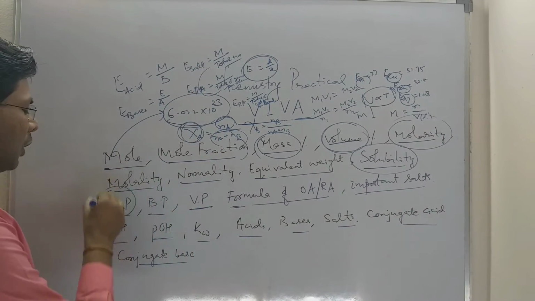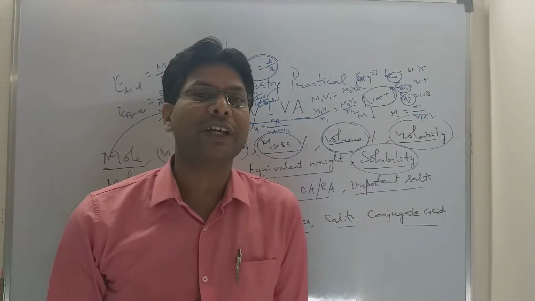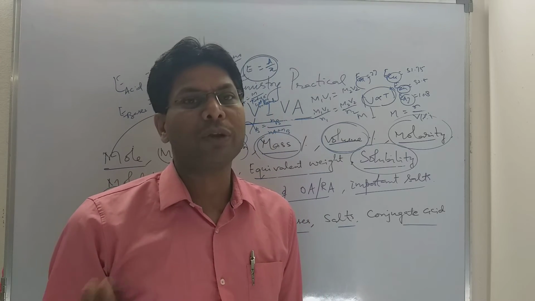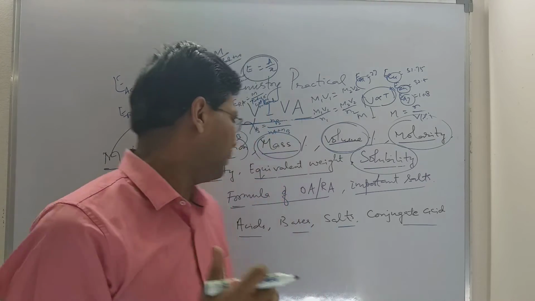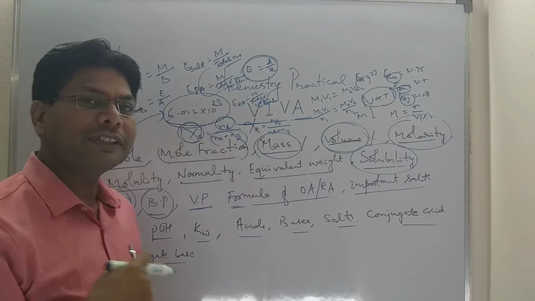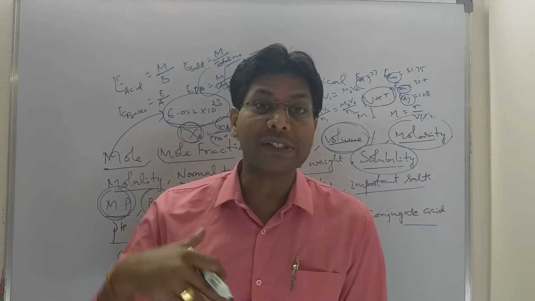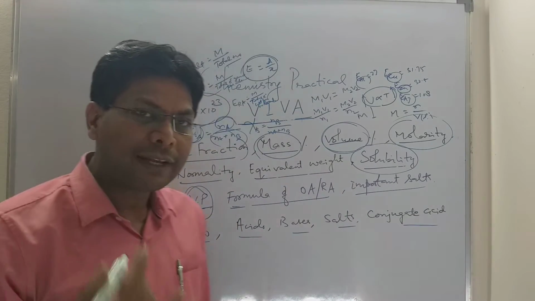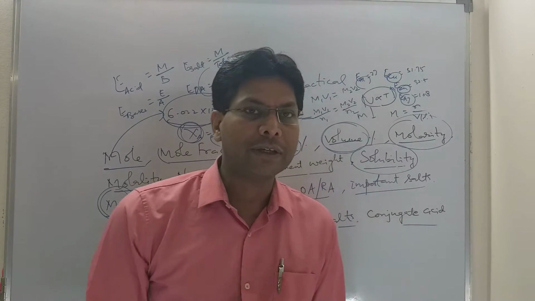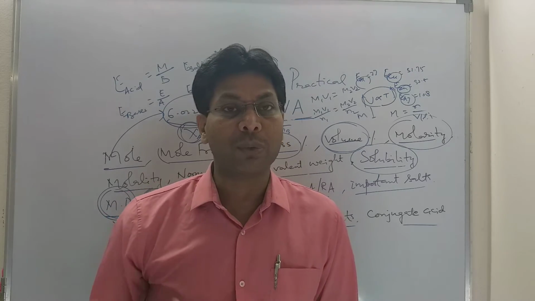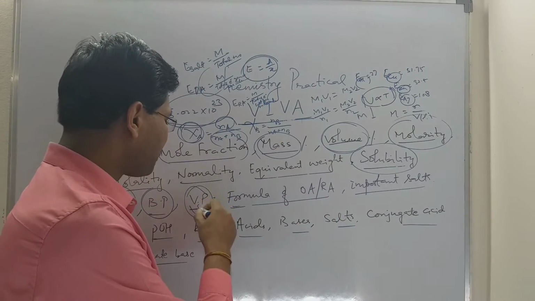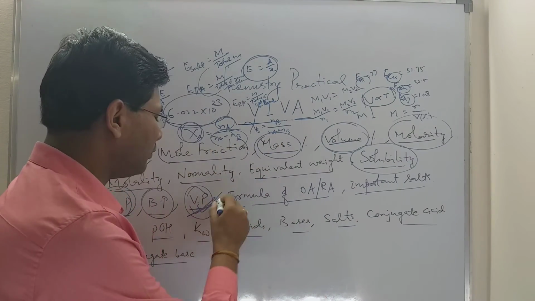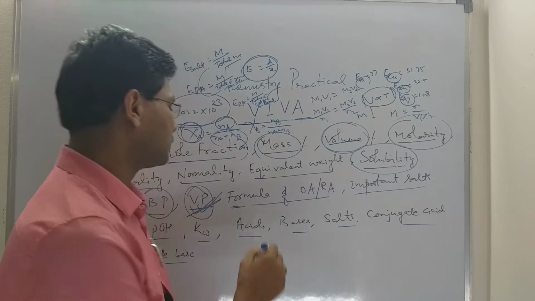Now melting point or freezing point. Freezing point is the temperature at which the vapor pressure of liquid and solid are in dynamic equilibrium, or we can say the vapor pressures are in equilibrium. What is boiling point? The temperature at which the vapor pressure of a liquid equals external pressure or atmospheric pressure. Vapor pressure at equilibrium, when the rate of evaporation is equal to the rate of condensation, the pressure exerted by solvent molecules on the surface of liquid is called vapor pressure.